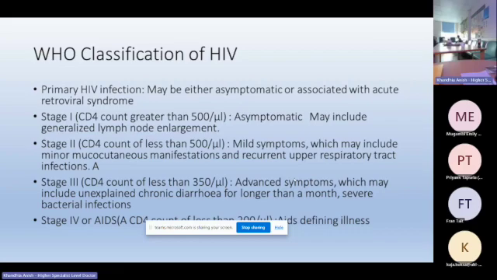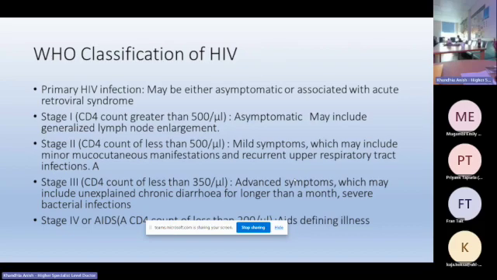Now, as part of that latent period, the staging looks at your CD4 count. So stage one is when your CD4 count is greater than 500 per microliter, and that may be asymptomatic, or it may lead to generalized lymphadenopathy. Stage two is mild symptoms, and that's mucocutaneous manifestations and recurrent respiratory tract infections. As you get into stage three, and as your CD4 count drops even further, you get advanced symptoms, and that includes things like chronic diarrhea, severe bacterial infections, and renal failure through a condition called HIV-associated nephropathy,